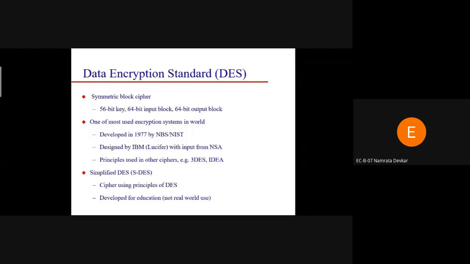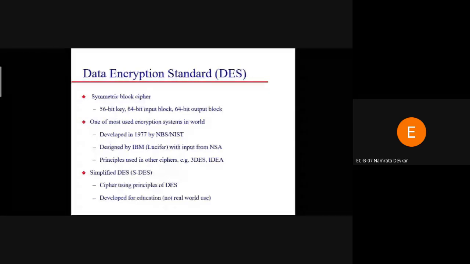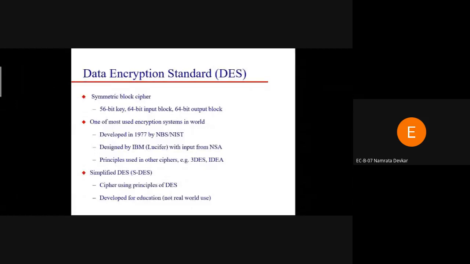In DES, we use a 56-bit key. If we look at the key in an ideal block cipher or Feistel block cipher, the key size will be 64 bits. Here we use the key as 56 bits, and we provide the block input as 64 bits, and we also get the block output as 64 bits. So how can we convert the 64-bit input into 56 bits? That we have to study in the Data Encryption Standard.